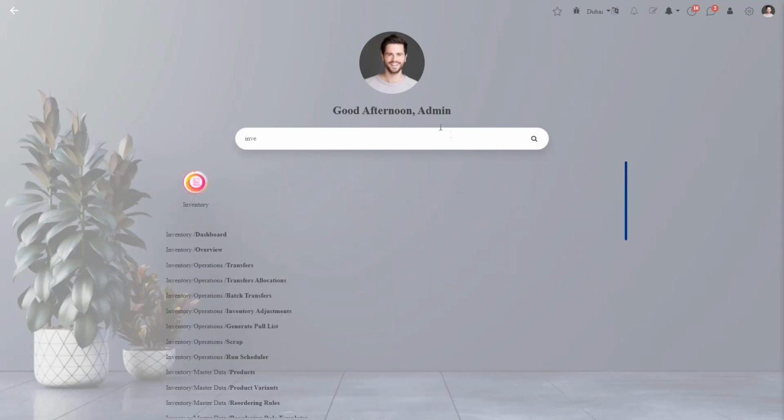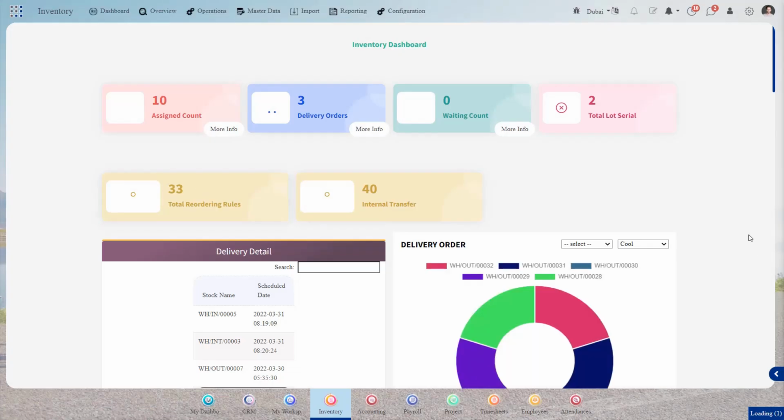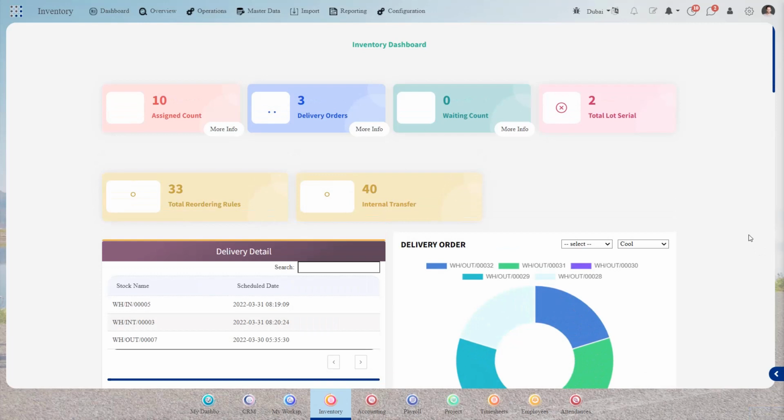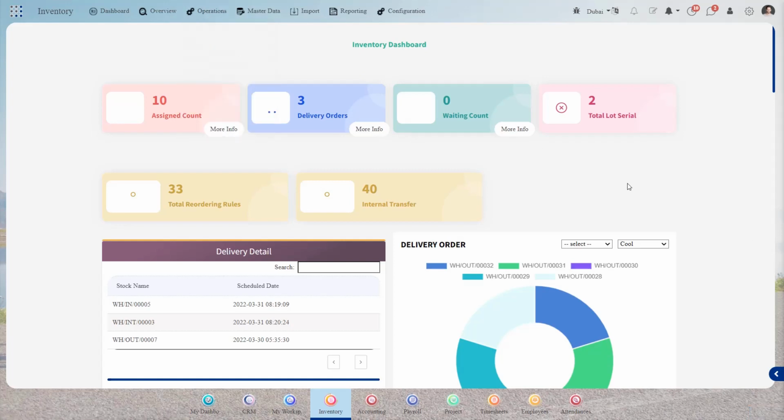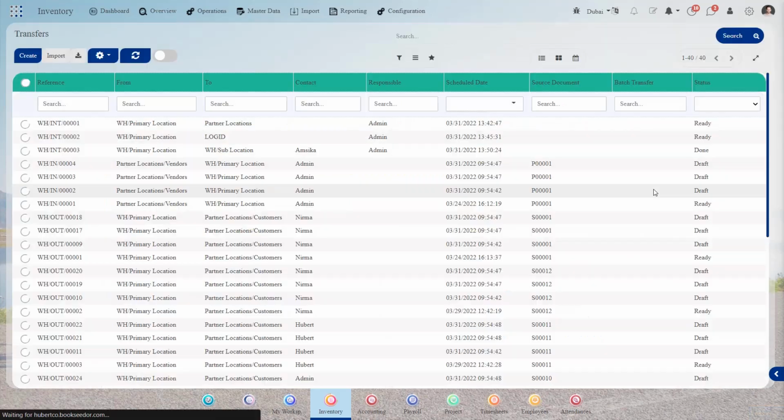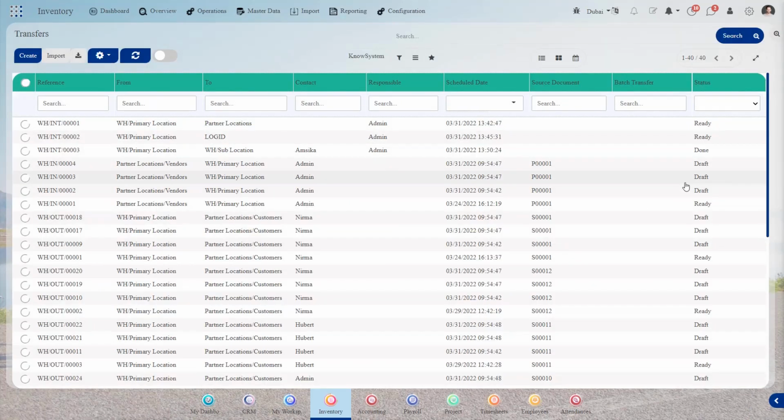named inventory. Here you can see the inventory module. This is the overview of the inventory. So to make a transfer, we need to go to the operations. Under that you can see the transfer. When you enter the platform, you will get a detailed view of the records of all the transfers done